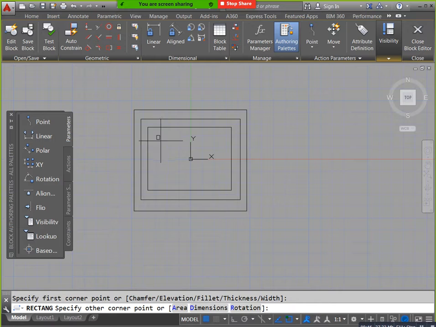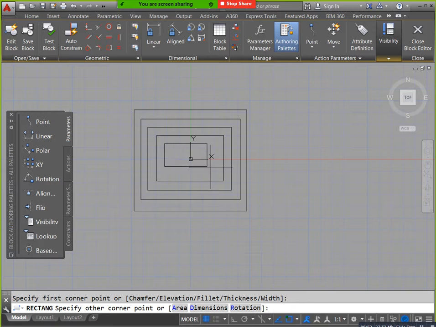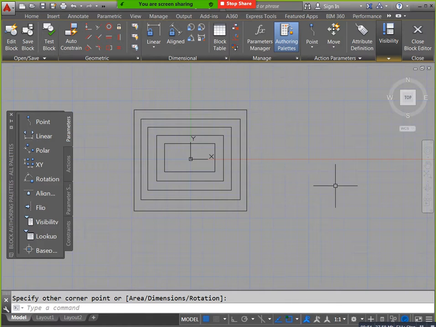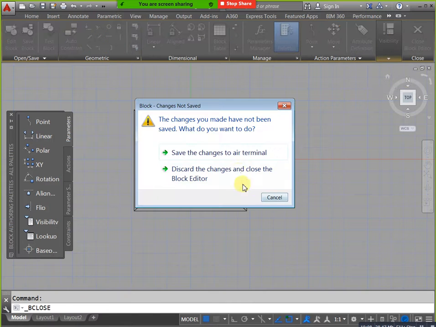Okay, I need to add 2 symbols also here. You can edit only one, and it automatically changes all. Now you can close your block editor and save the changes to 8 terminal. See, like this. If you need this type of changes, you can use that one.